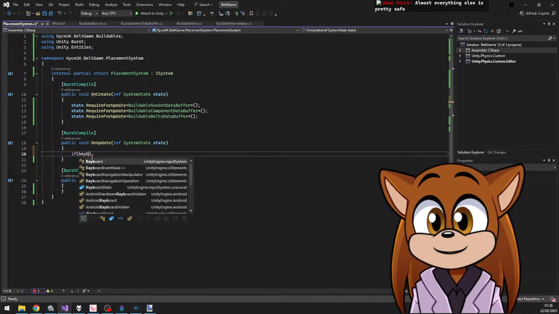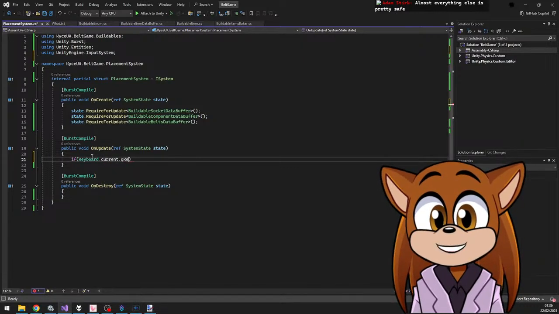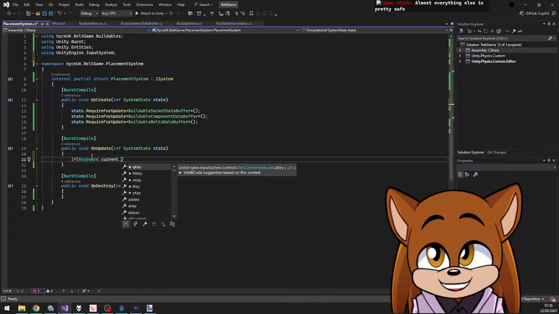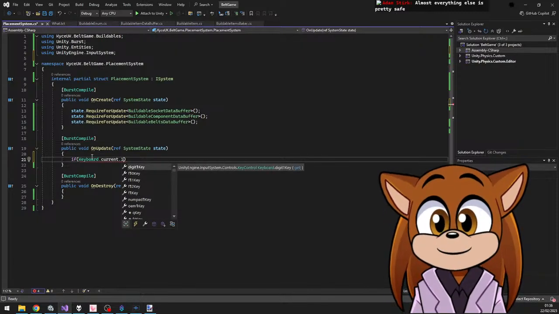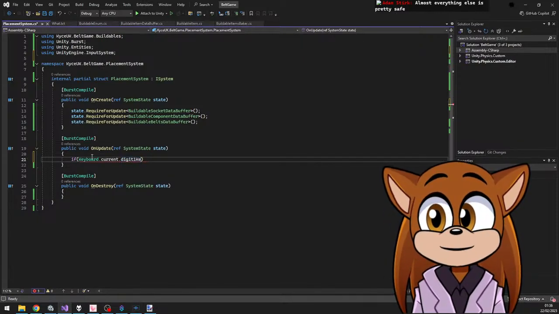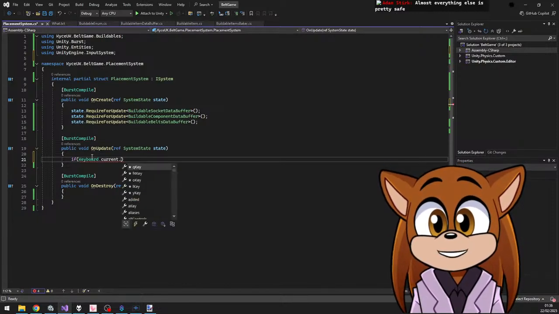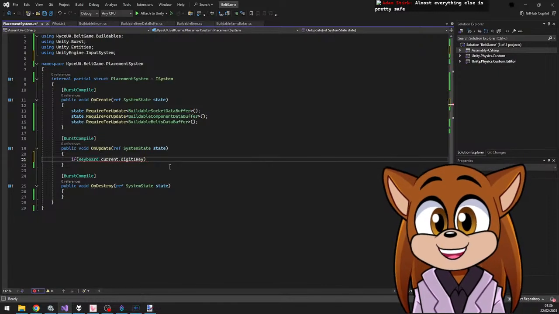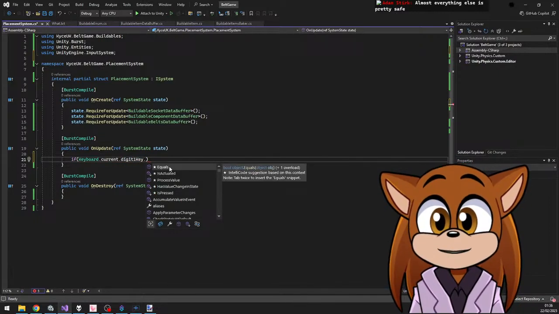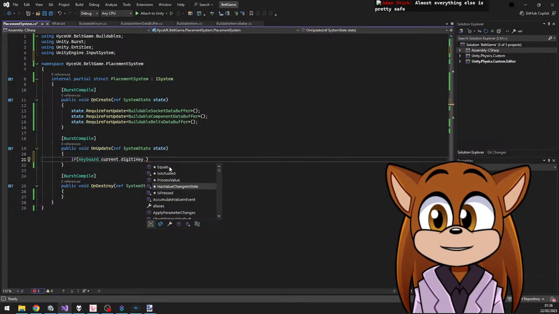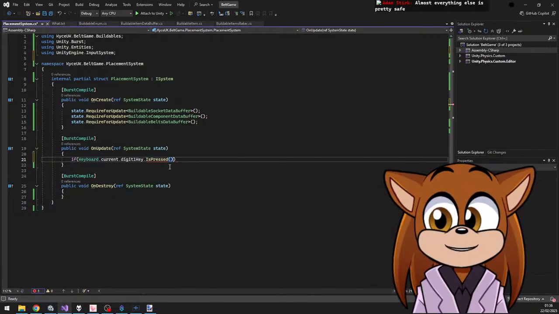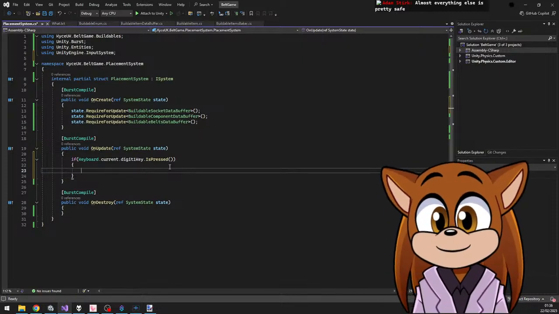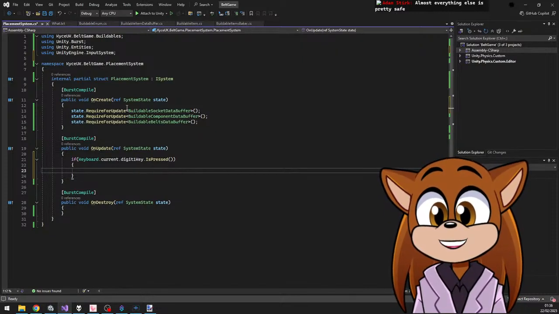So, keyboard.current. Oh, you have to do the set key, don't you? So, let's do the 1 key. Digit 1 key. Is that right? Hold on. Number pad, yeah. Digit 1 key dot is pressed. So if we push the 1 key, we are going to want to